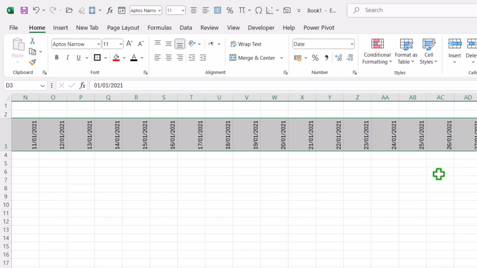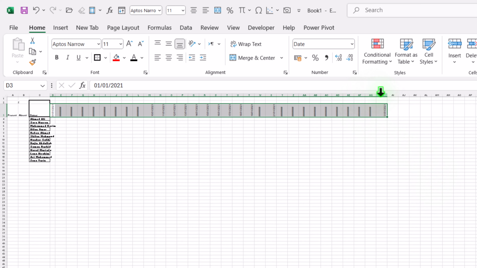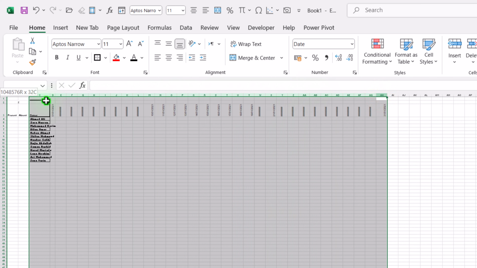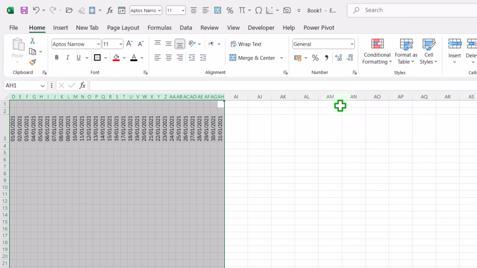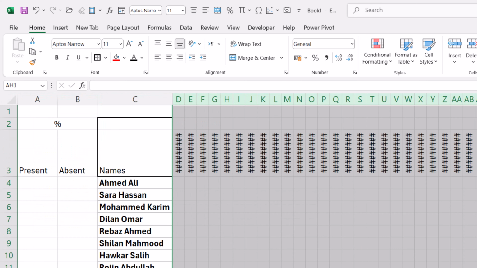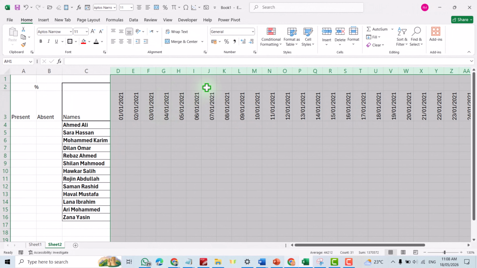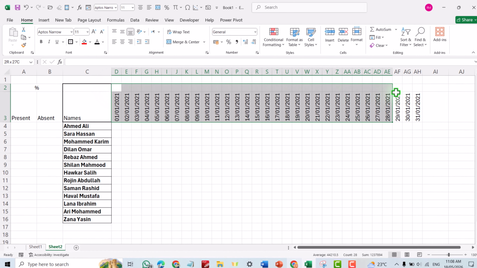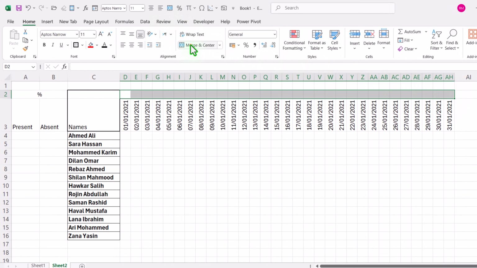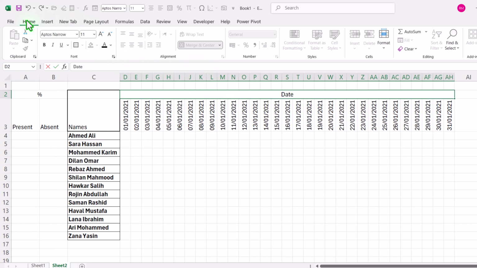Now zoom out, select all these cells and resize it. Good. It is too much. Make it fit. Now you can select all these cells, merge and center, name it date. Okay, home,